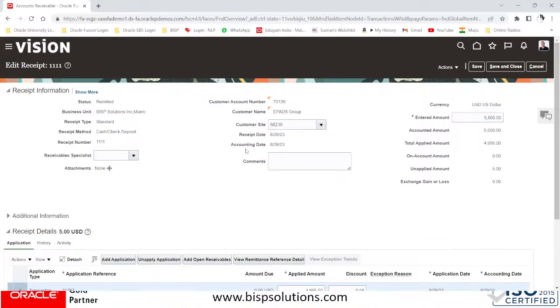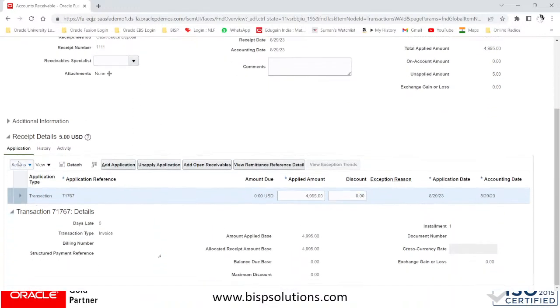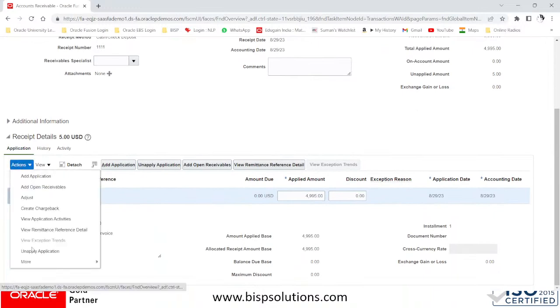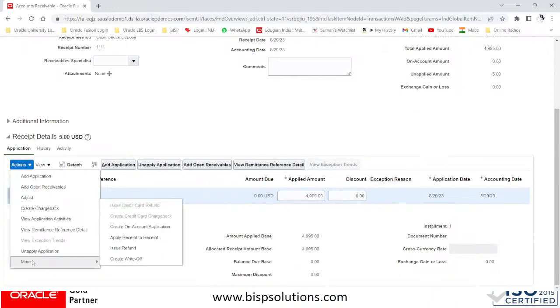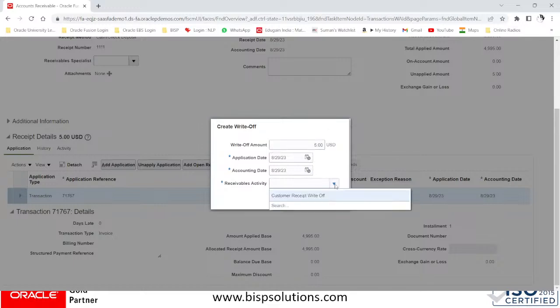Scroll down from the action, go to more, create write-off, right? So let us create a write-off. You can see the write-off amount and select the customer write-off, say OK